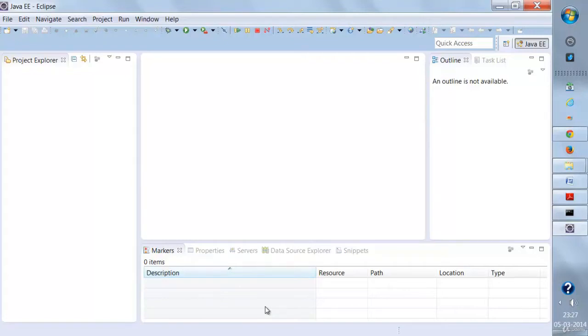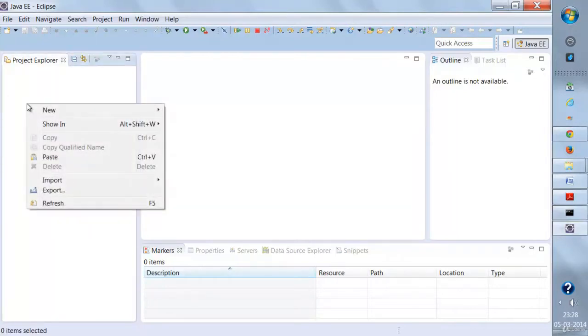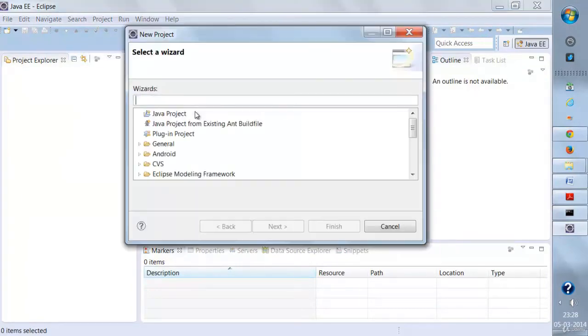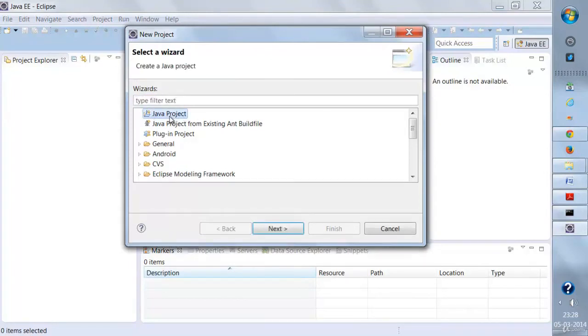Now, the very first thing we're going to do is create a new project. Since we are working on Java, and Eclipse is used for many other languages as well, I'll be creating a new Java project. So how to create a new project? I'll just right click over here, go to New and then select Project. As soon as I select Project, I'll get an option Java Project. I'll click on this, and click on Next